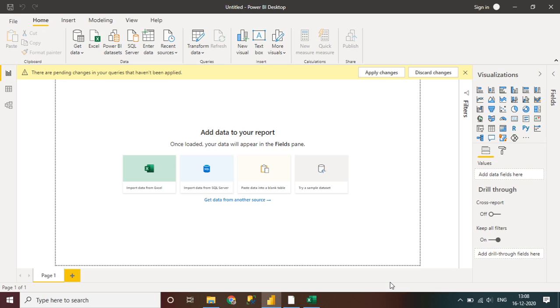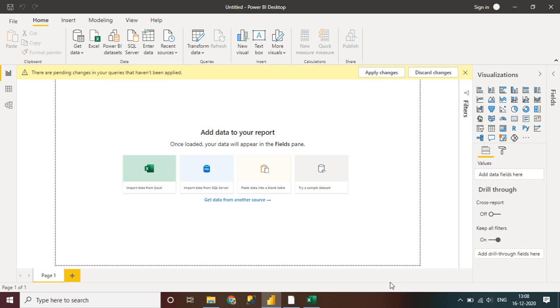Today's session we will understand how we can load data which is not in clean format, and how we can make use of Power BI Desktop with the help of the Power Query editor to clean the data and then load it. Till now in our Power BI sessions we have learned what Power BI is, the theoretical concepts, how we can download and install Power BI on our system, and how we can get the data from multiple sources.